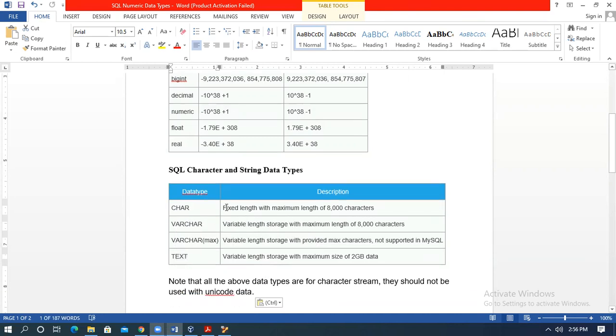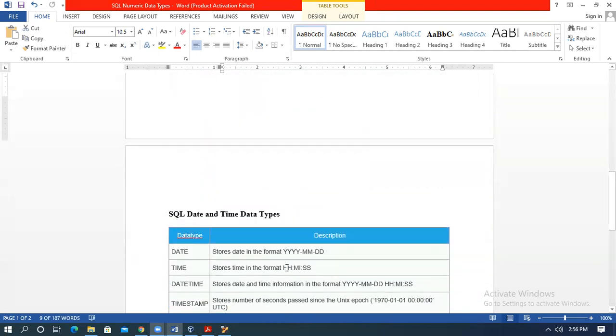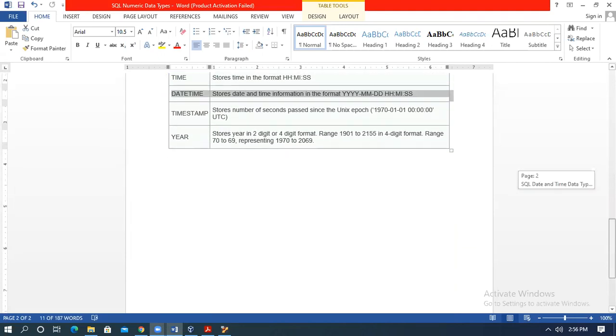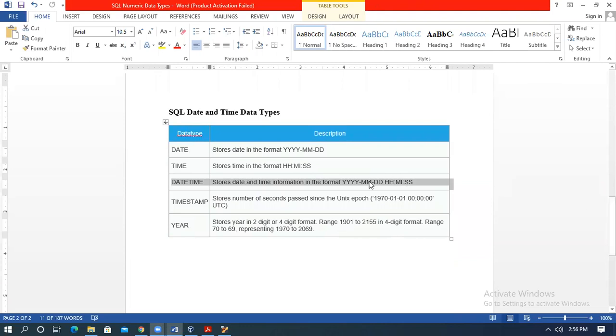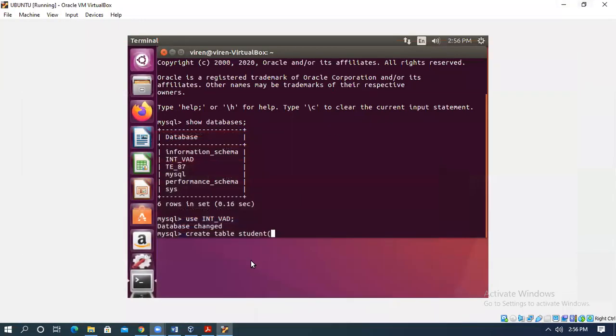Character is fixed length with maximum length 8000 characters, while varchar is variable length storage with a maximum length of 8000 characters. There are again different data types for date and time: date, time, datetime, timestamp, and year. As we proceed, we'll see different data types.